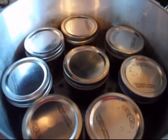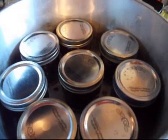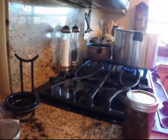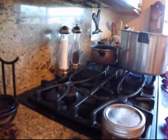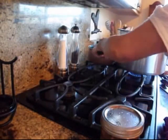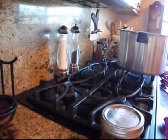Alright, that yielded 9 pints. There's 8 in the canner and 1 over here. And so what I'll have to do is I will have to can that Lone Ranger with the beef stock. Because it's not done, obviously. It's only been